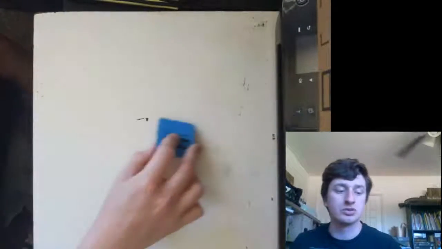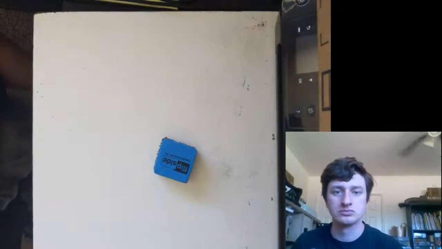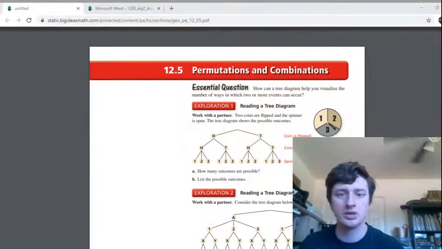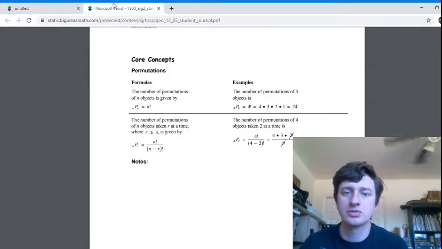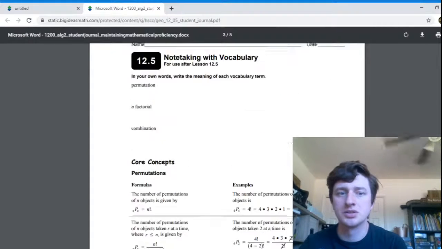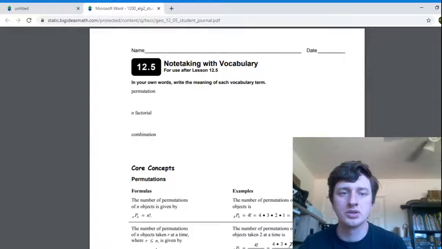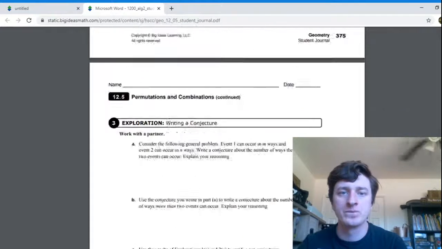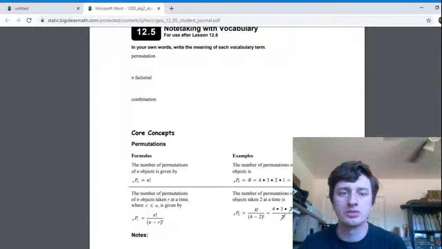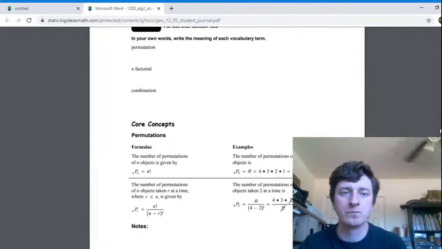And if we go to the student journal, page, this textbook pages for 12.5, and this is the student journal. It's a couple pages in. We're not going to talk about these examples till later. Okay. So a permutation